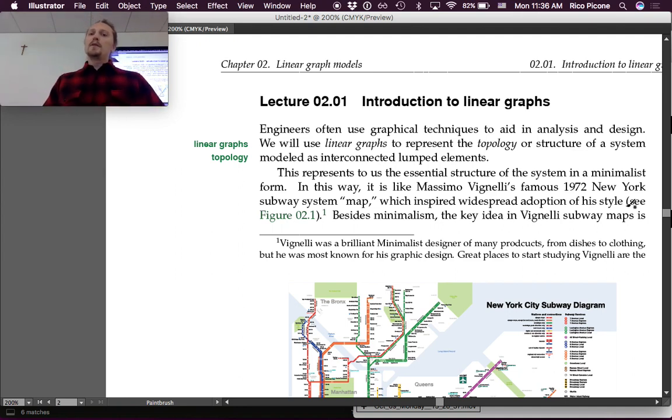Engineers often use graphical techniques to aid in analysis and design, as we've seen extensively. Often we will write some sort of graph or some sort of graphical depiction of a system without even thinking what we're doing. We just start drawing stuff, right? And it's effective that way too. But sometimes we get a little bit more